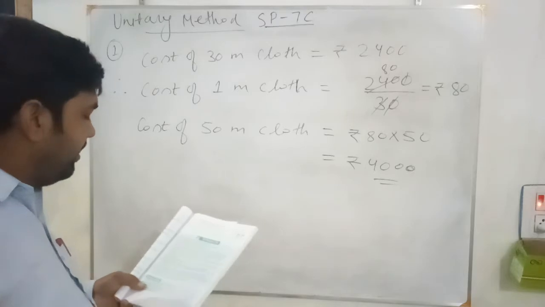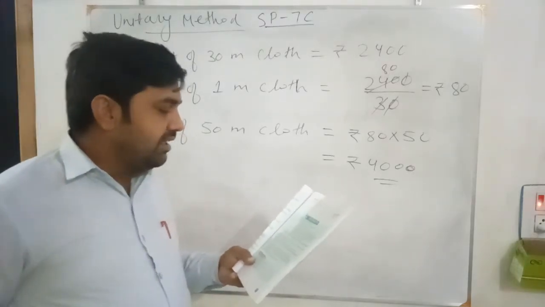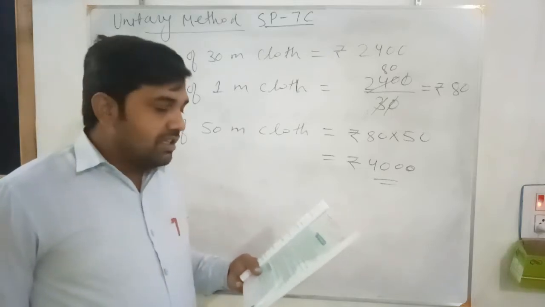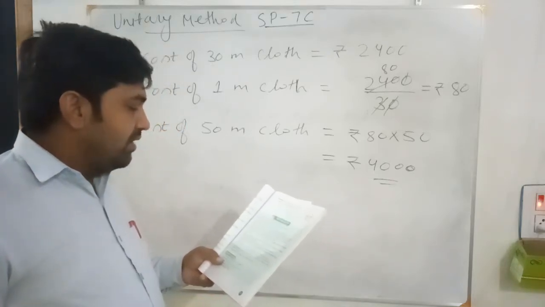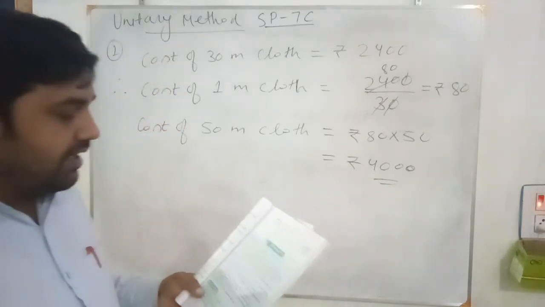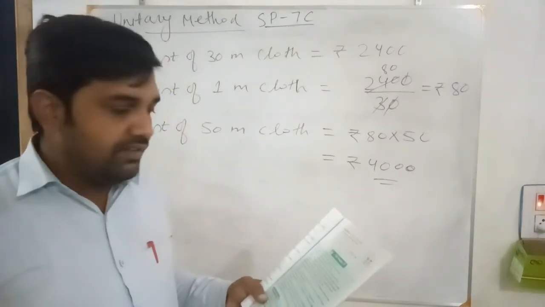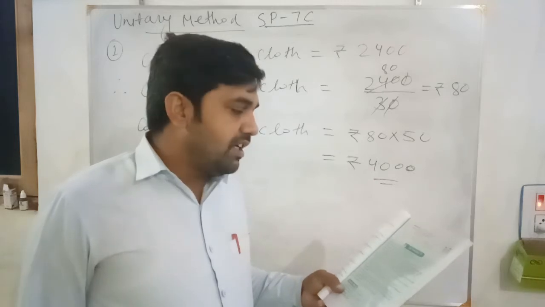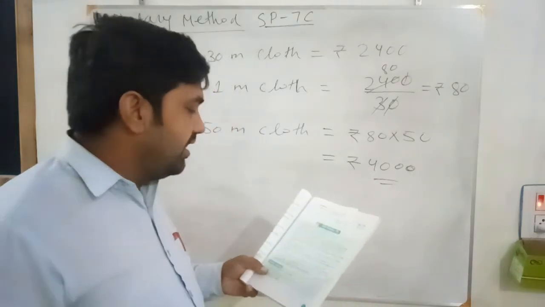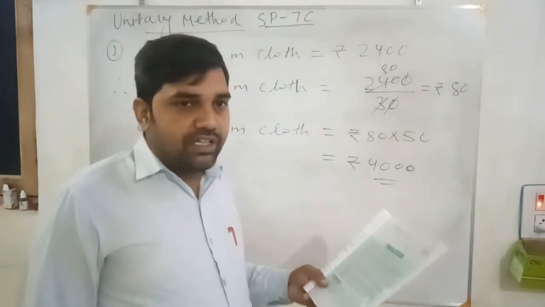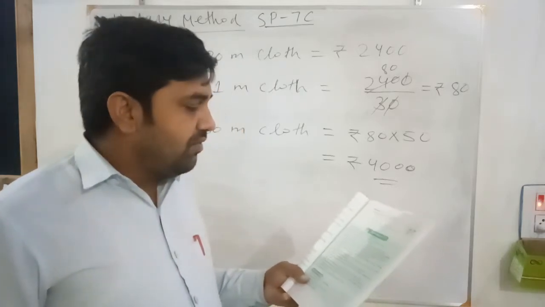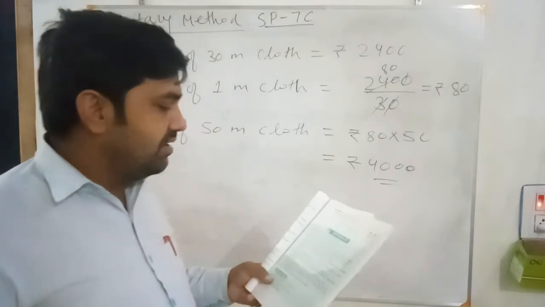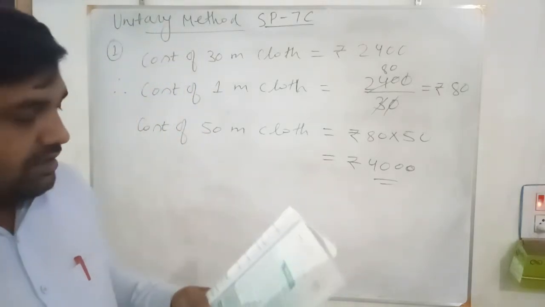Okay, similarly question 3: find the price of 744 articles at the rate of 60.25 a dozen. A dozen contains 12 items, so 12 articles make a dozen. So the cost of 12 articles is given, 60.25. Again you calculate the cost of one article, that is 60.25 divided by 12. So you will get the cost of one article. Now for the cost of 744 articles, you multiply 744 by the cost of one article. You will get the cost price of 744 articles.